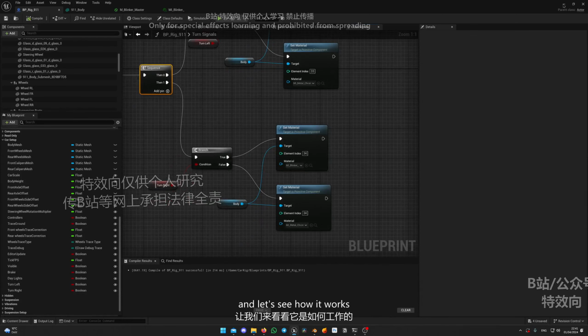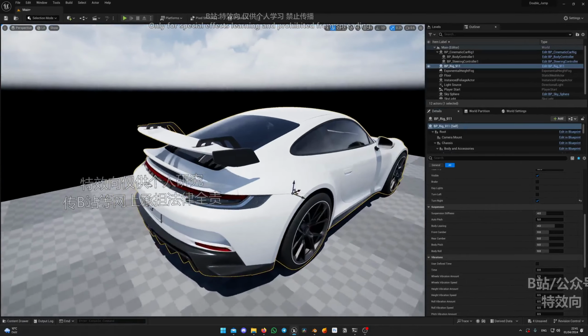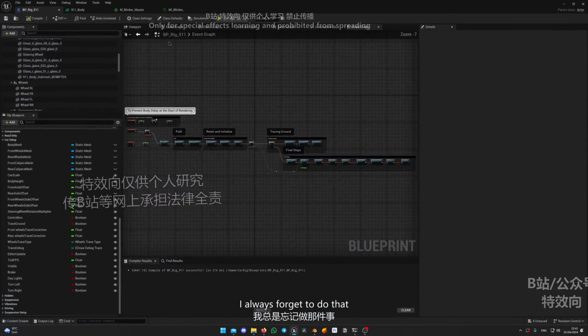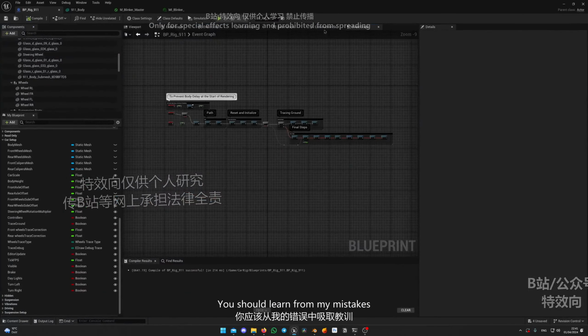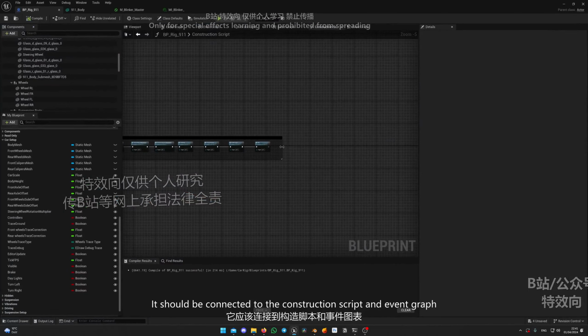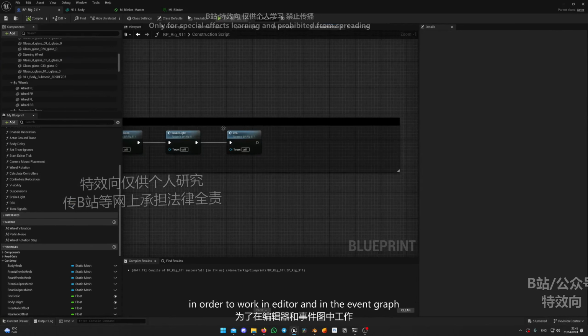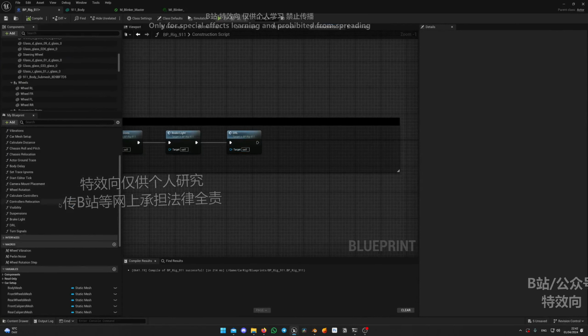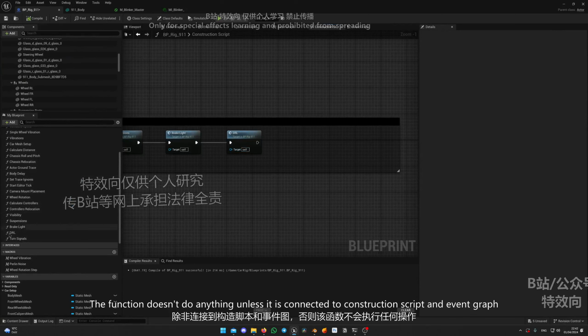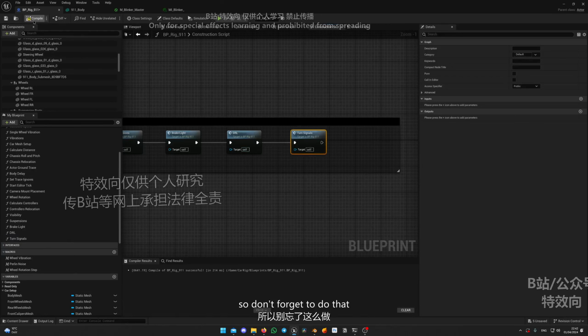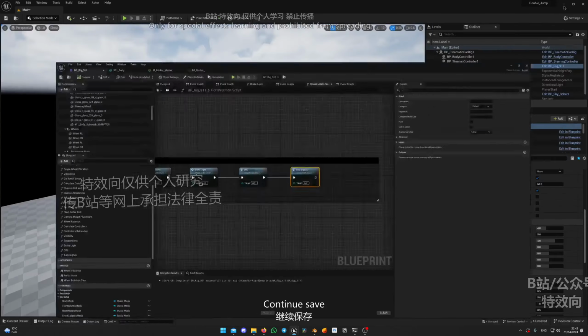Let's turn right. Oh, yes, I always forget to do that. You should learn from my mistakes. It should be connected to the construction script and event graph in order to work in editor and in the event graph. The function doesn't do anything unless it is connected to construction script and event graph. So don't forget to do that. Compile, save,